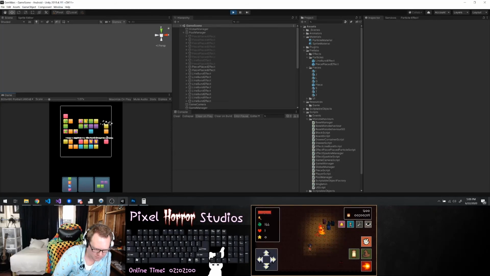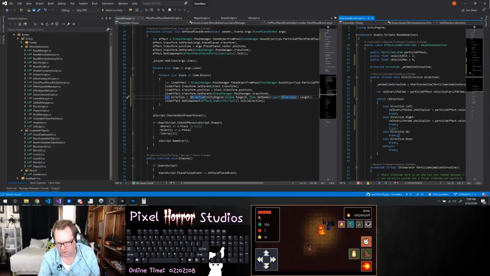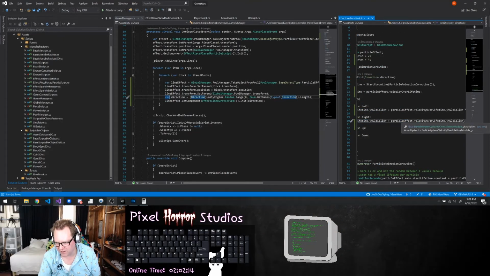Here we go. And half of them are going one way and half of them are going the other way, it looked like. We could test that by